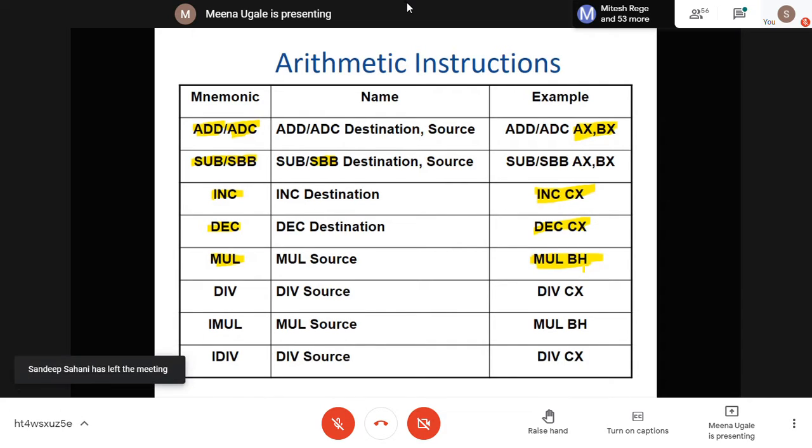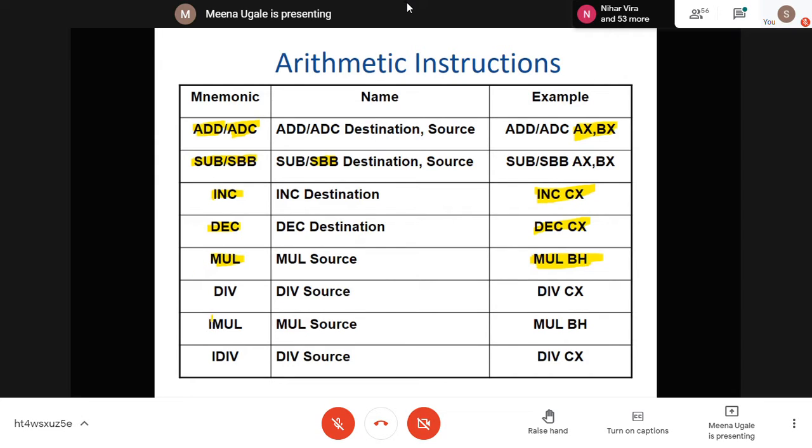The answer of a 16-bit multiplication may be 32-bit. So where will this 32-bit number go? It will be the pair of DX and AX. DX will take the higher word of your answer. AX will take the lower word of your answer. This is the default setting for 8086.